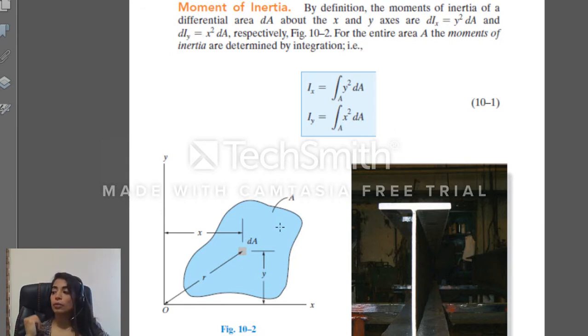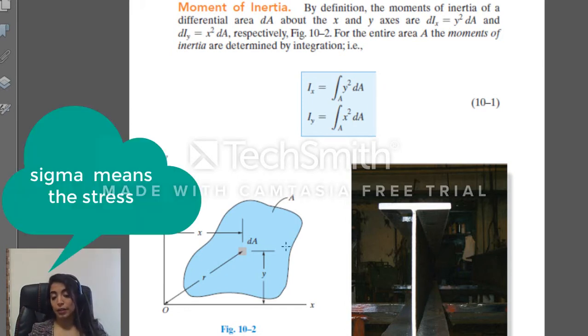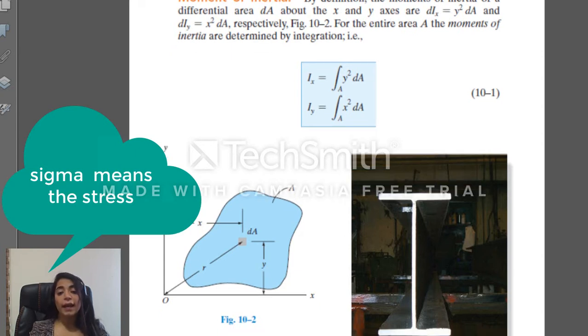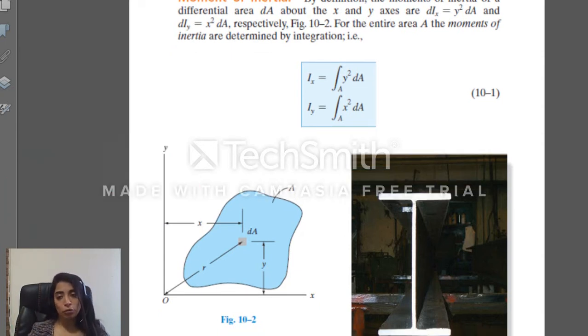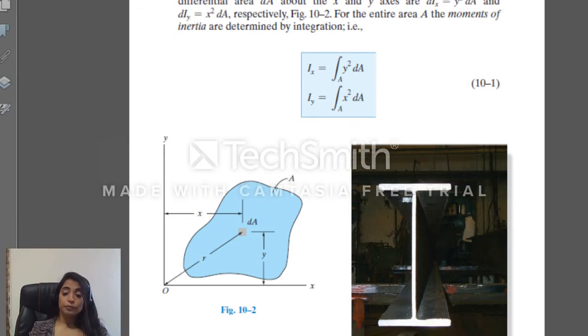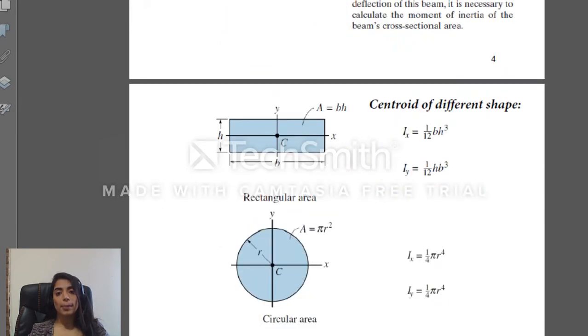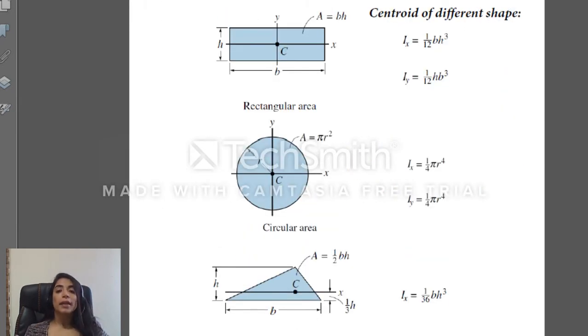So if I'm doing the calculation of the bending moment around x, this means that I need to find Ix in order to find the stress. If I need to find the bending moment around y, then I should use Iy in order to calculate sigma in the y direction. So, guys, in fact, I have two area moments of inertia, one about x and one about y. Now, before solving some problems on how to find the area moment of inertia of a certain shape,